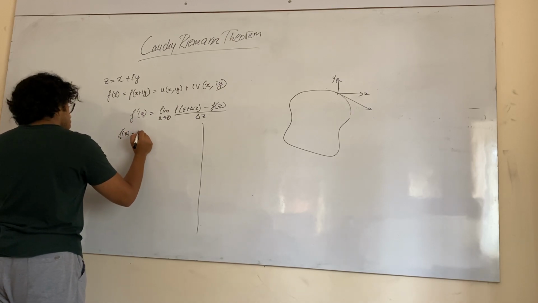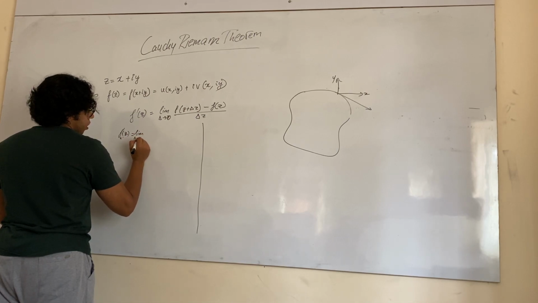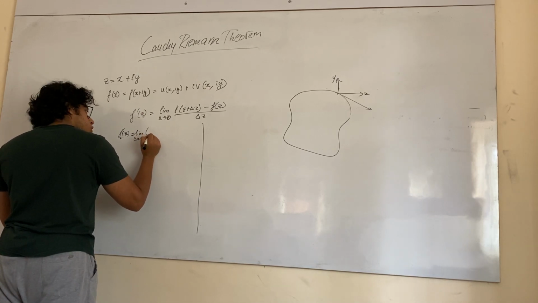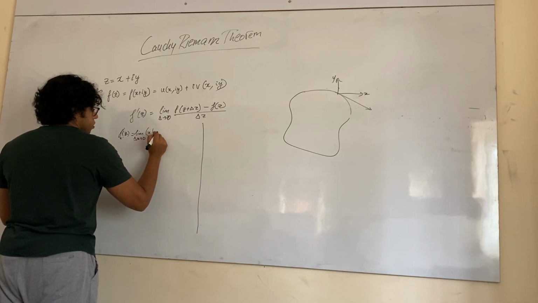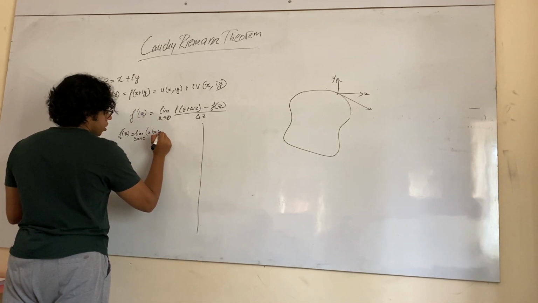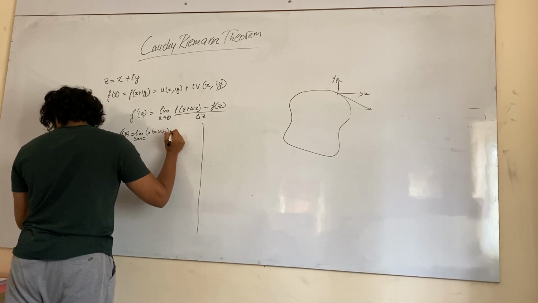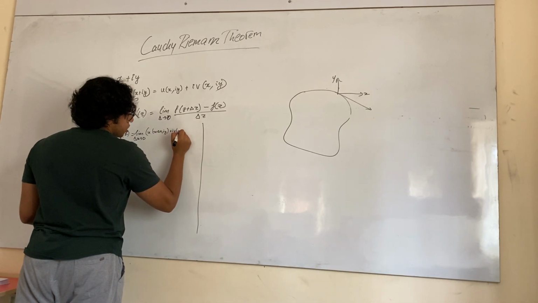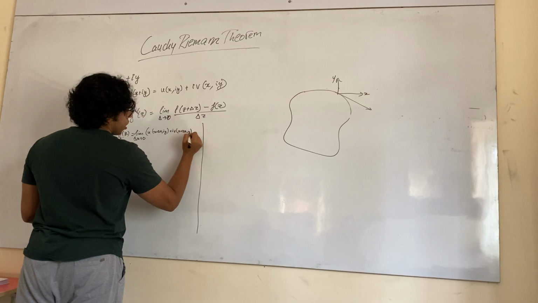When you expand it, you get the limit as delta x tends to 0 of u of x plus delta x comma y, plus i v of x plus delta x comma y,